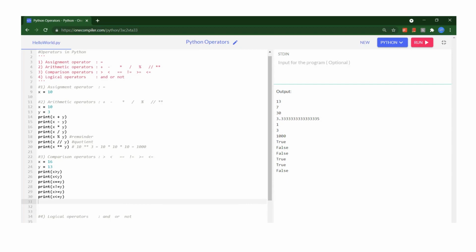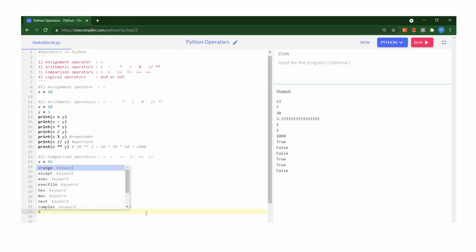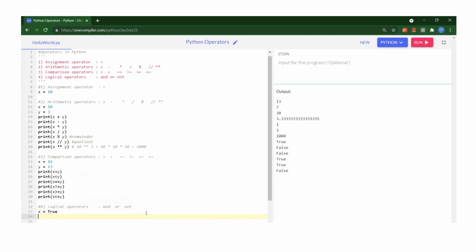Now the last we will see is logical operators. Here we are having three kinds of operators in the logical: and, or, and not. Now again, we will understand logical with one example here. For example, I'm saying x equal to true and y equal to false.